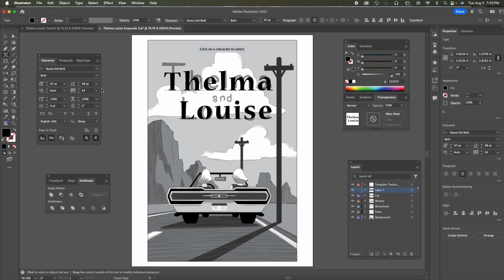And this works with individual letters. So as you notice, the T and the L are much larger, and you can actually enlarge them with this touch type tool. Okay? You can do a lot of things with this touch type tool. You can rotate a letter, okay? And it works with one letter at a time. You can distort a letter,